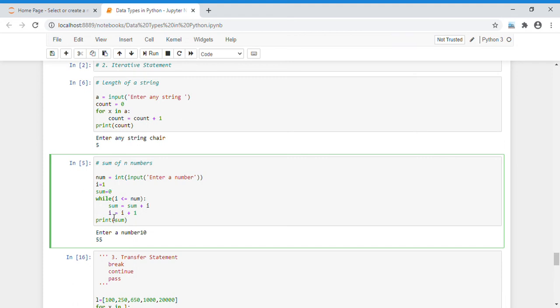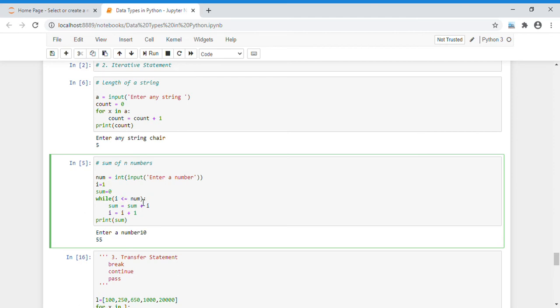Now I apply a while loop, and to check our number I write i less than or equal to num. For example, I take the value of num as 3 here and check 1, that is the value of i, 1 less than or equal to 3.